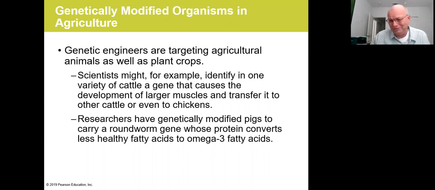If you look at those large chicken breasts that you can get in the supermarkets, I don't know of any chicken that has a breast muscle that big. There's only one way that those breast muscles can be developed to that extent, and that's with the use of hormone supplements. But if you genetically engineer the animals, you may be able to engineer them to produce those large muscles without having to use the synthetic